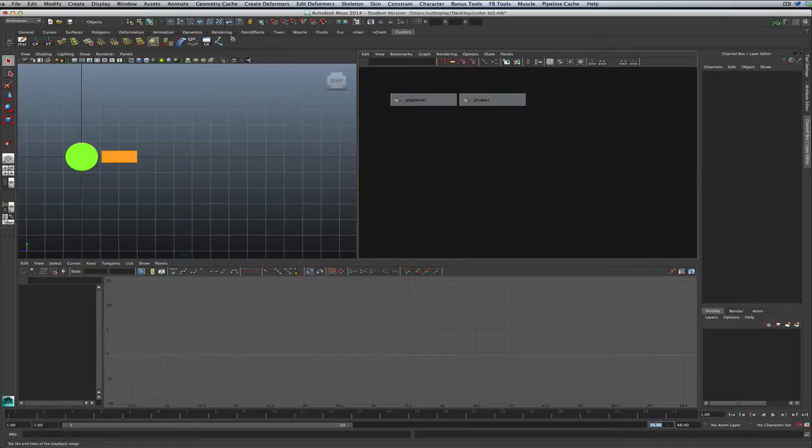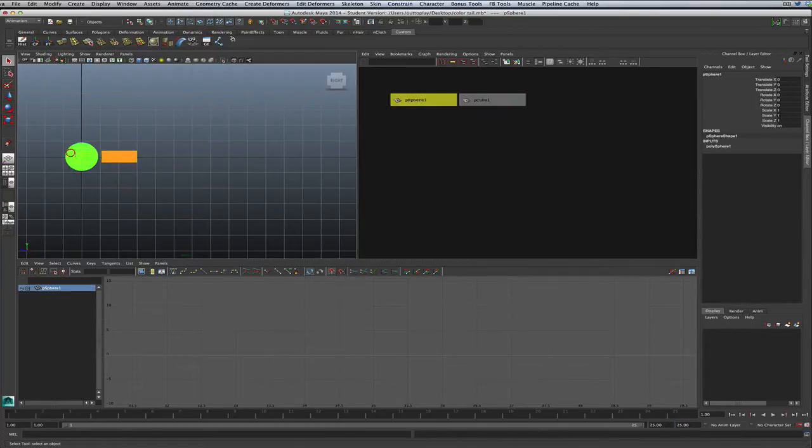For this particular animation, we only need 25 frames. So I'm going to set the current amount of frames to 25 and the slider to 25. And what we have here is 2 parts. They're not attached to each other or anything yet. They're just there. One thing I want to make sure of first is that each one is zeroed out. So that's all zeroed out. This one has some scales and such on it. So what I'm going to do is I already have a history, center pivot, and freeze transforms shortcut on my custom shelf up there. But that zeroes everything out nicely.